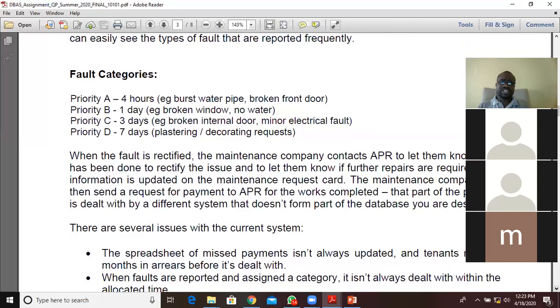When the fault is rectified, the maintenance company contacts APR to let them know what has been done to rectify the issue and to let them know if further repairs are required. The information is updated on the maintenance request card. The maintenance company will then send a request for payment to APR for the works completed. That part of the process is dealt with by a different system that doesn't form